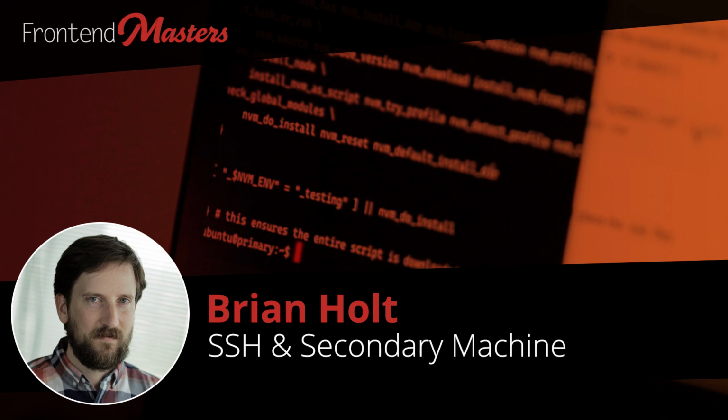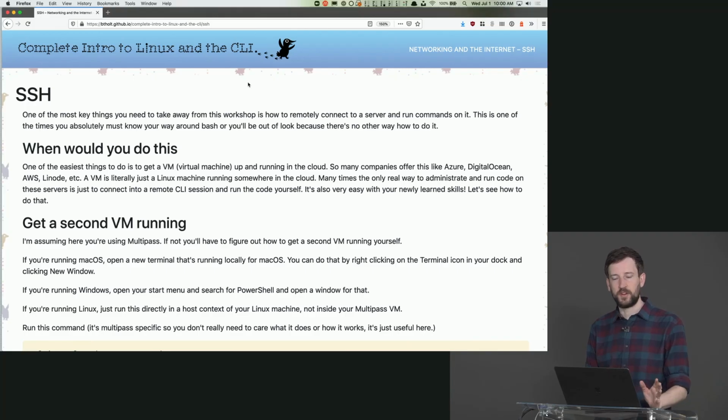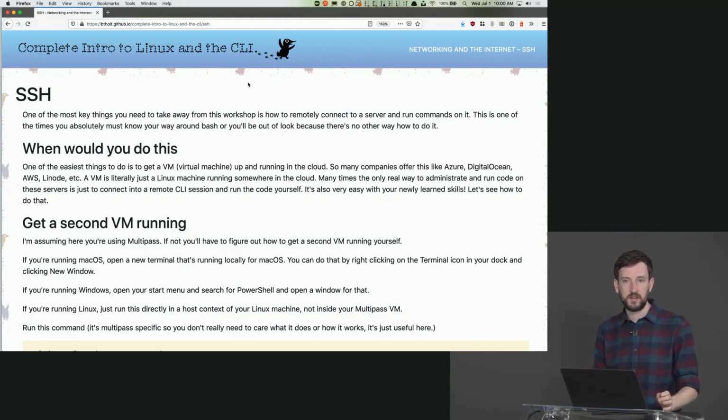We are going to get into talking about SSH. This ends up being a super important topic for many engineers for a variety of reasons. But SSH stands for Secure Shell and allows you to connect from one computer to another computer. I imagine many of you have probably tried this before in some capacity. And if you've ever used Git, there's a decent chance you've used it in Git because Git underneath the hood